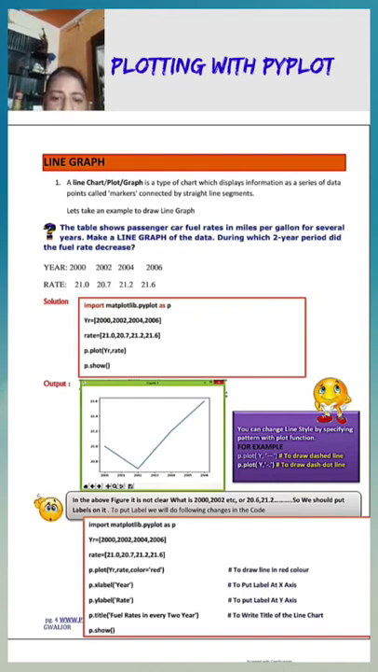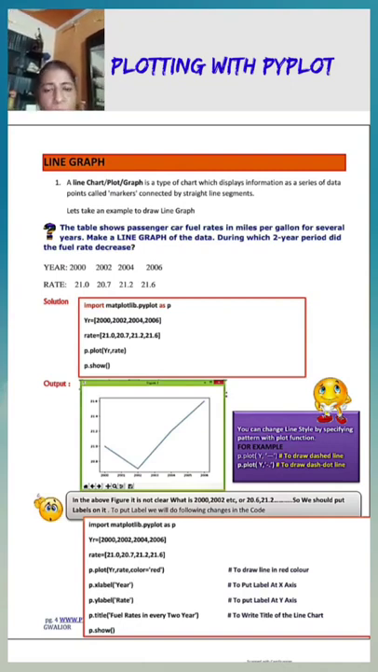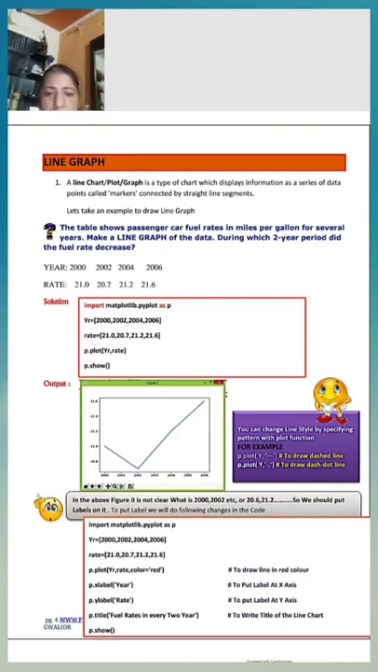Color of the line is red. Labeling of x-axis and y-axis I have used. Clear? And the title of the plot also I have used: fuel rate in every 2 years. Clear? Hope you clear all the things, the basic concepts of the plotting. Revise all the things. See you soon in the next